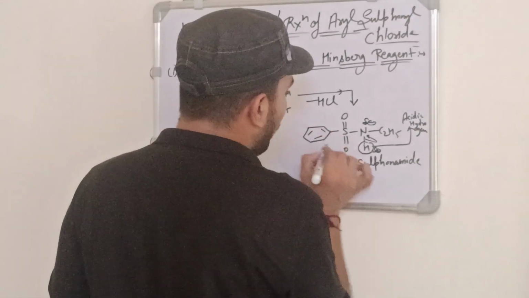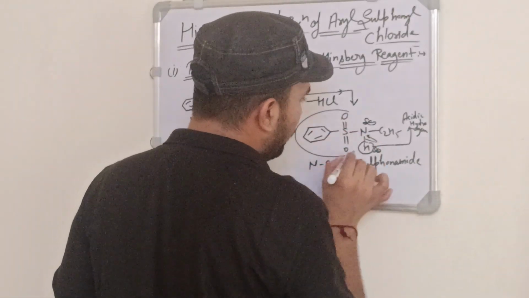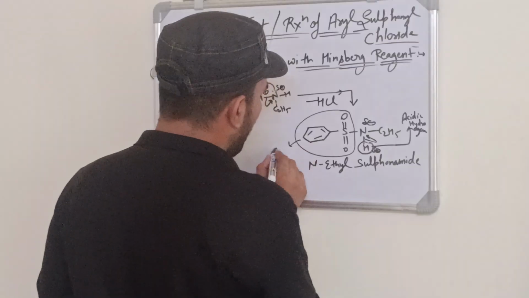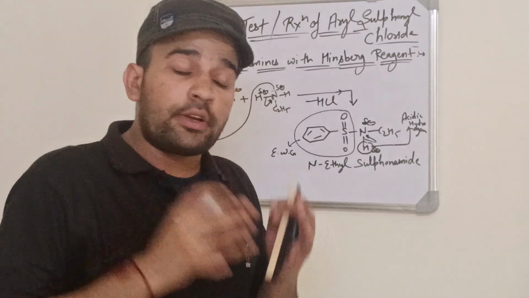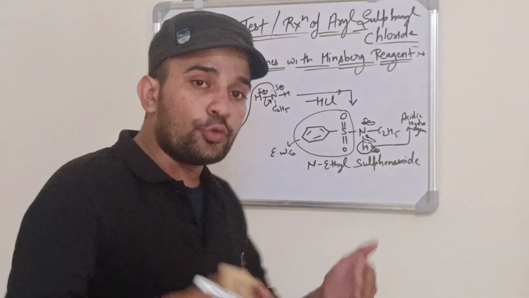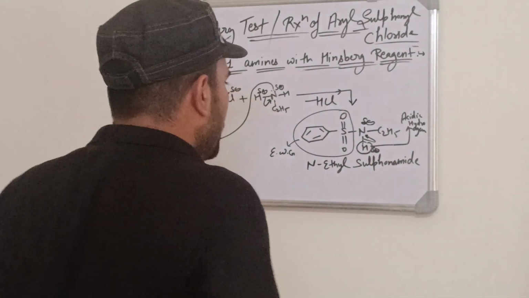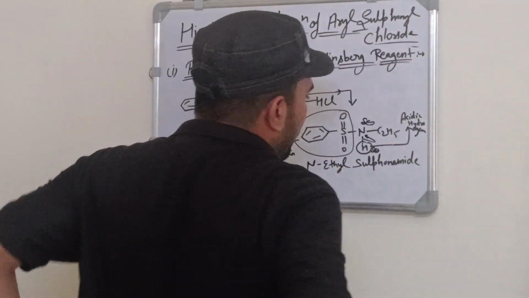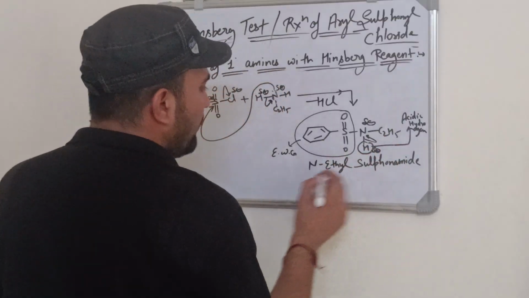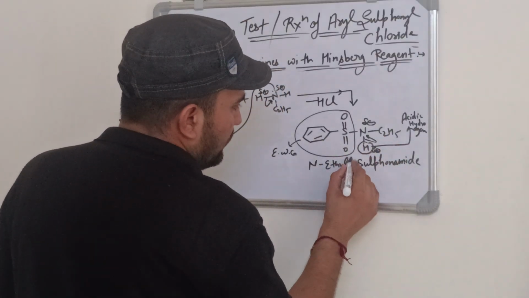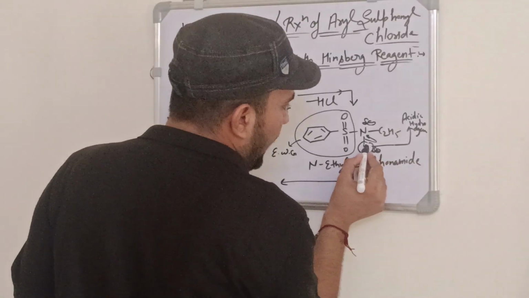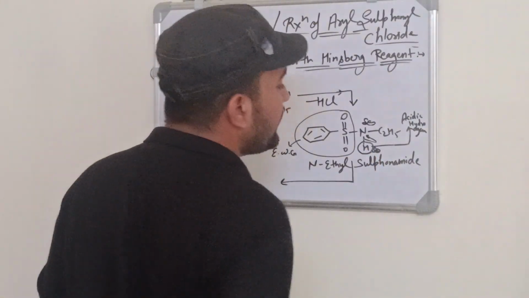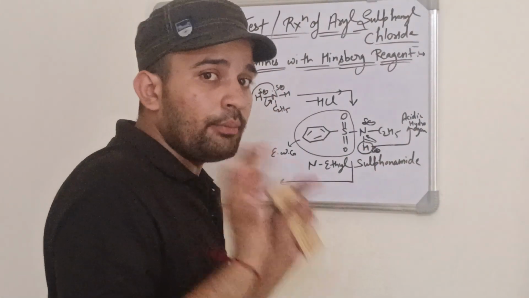So this is the electron withdrawing group, I already told you. It will try to attract the electron density present on nitrogen towards itself. In this way it will become stable. Now you see here, it has acidic hydrogen, that means it can easily dissolve in base, aqueous